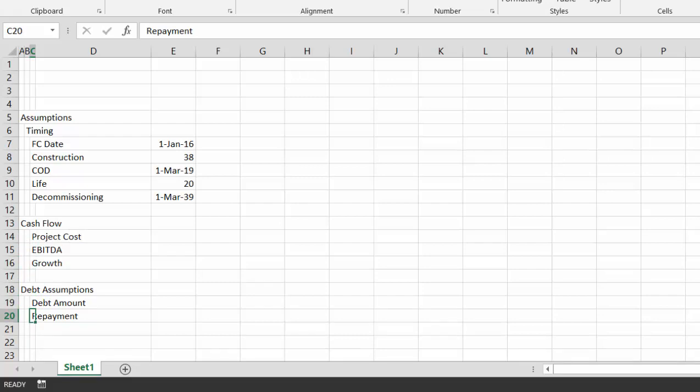So the repayment, perhaps we'll use a level repayment. So let's put the repayment years. Then let's do the interest, make the interest rates, and